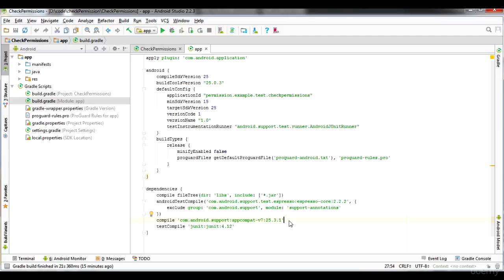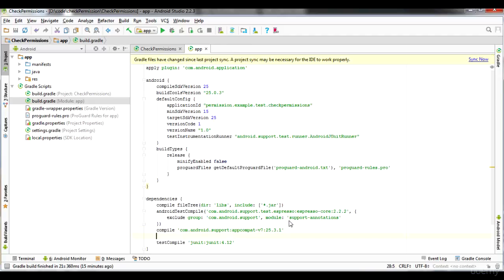You have to do it in the same way it is added. So compile, and then it will be com.android.support,